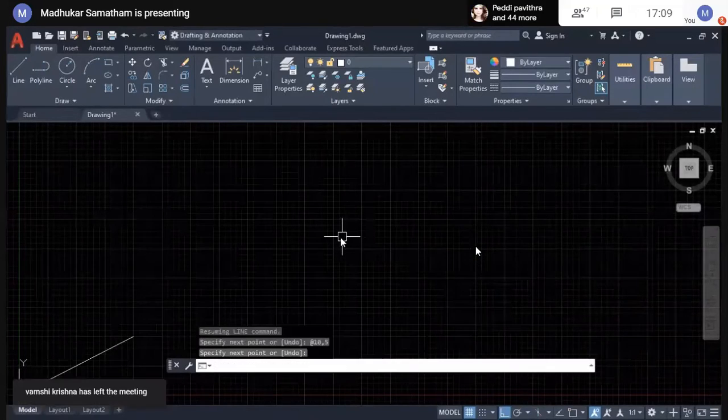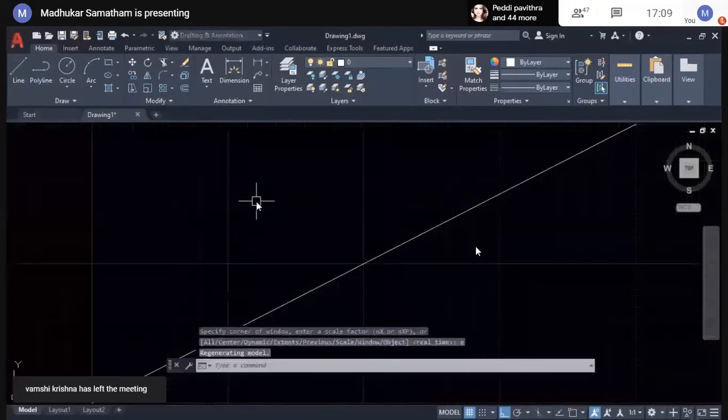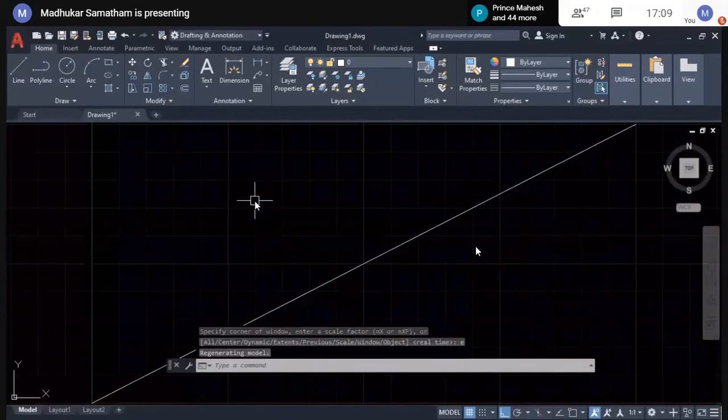We generated one line entity by using the command user interface.